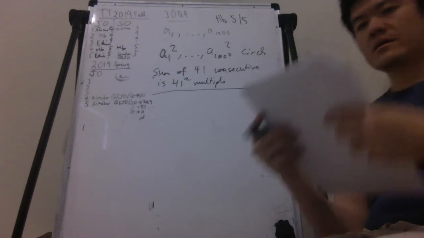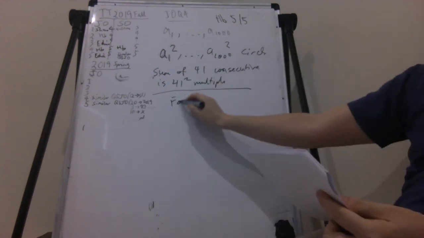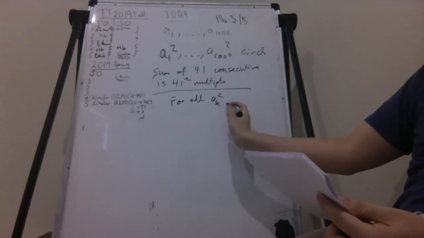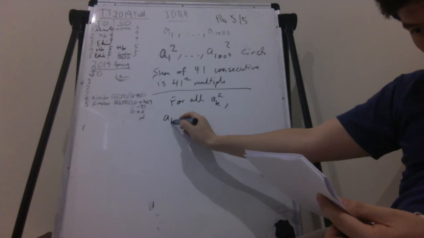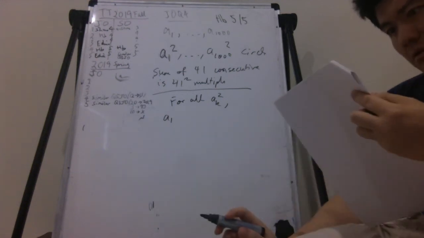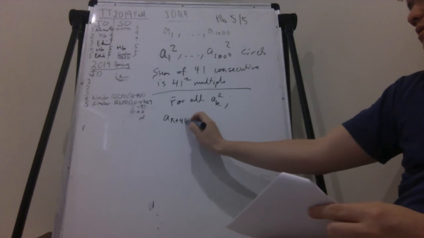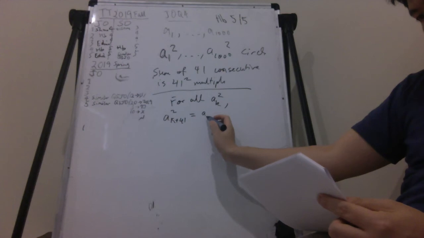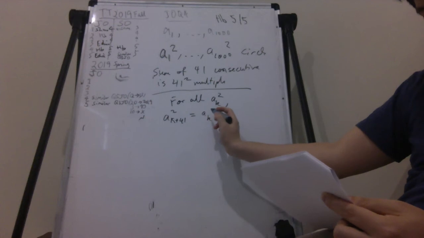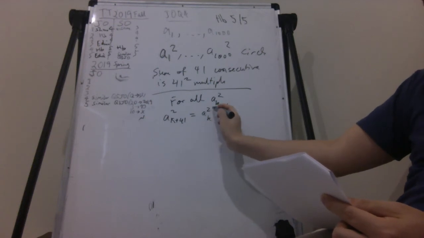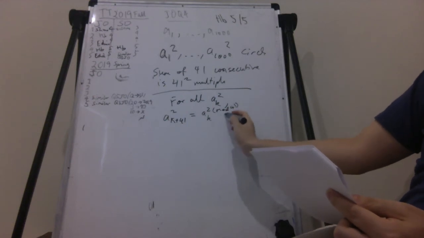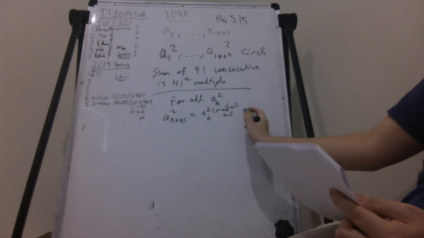For all ak squared, ak plus 41 squared equals ak squared. Oh, this is the most confusing first sentence ever. Mod 41 is written up there like this, as 41